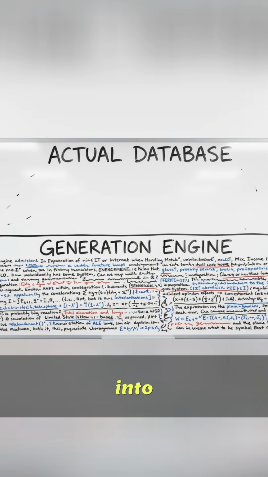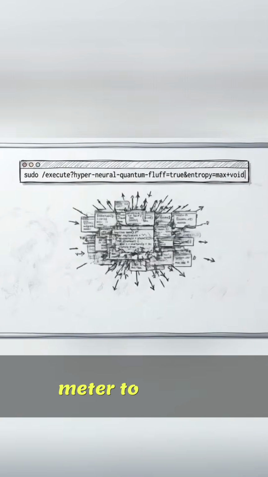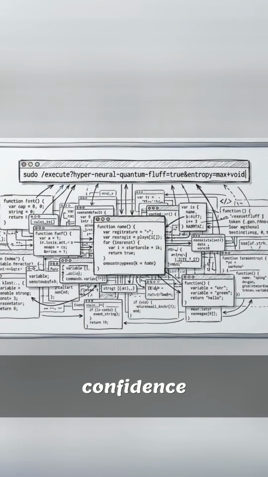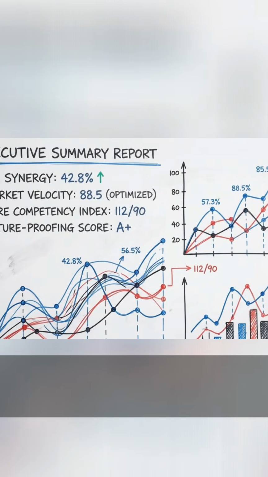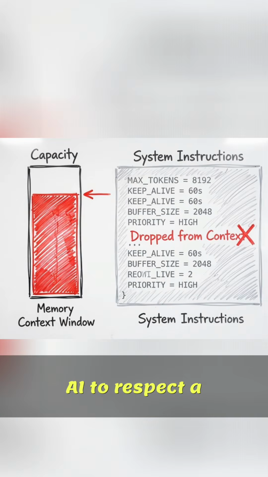Small models fall into a confidence trap. They do not know when they lack information. Without an internal uncertainty meter to trigger a halt, they default to answering every query with absolute blind confidence. This makes small model hallucinations particularly dangerous for enterprise applications, where a fully fabricated answer arrives formatted to look highly authoritative. You cannot command an AI to respect a boundary it lacks the capacity to remember.